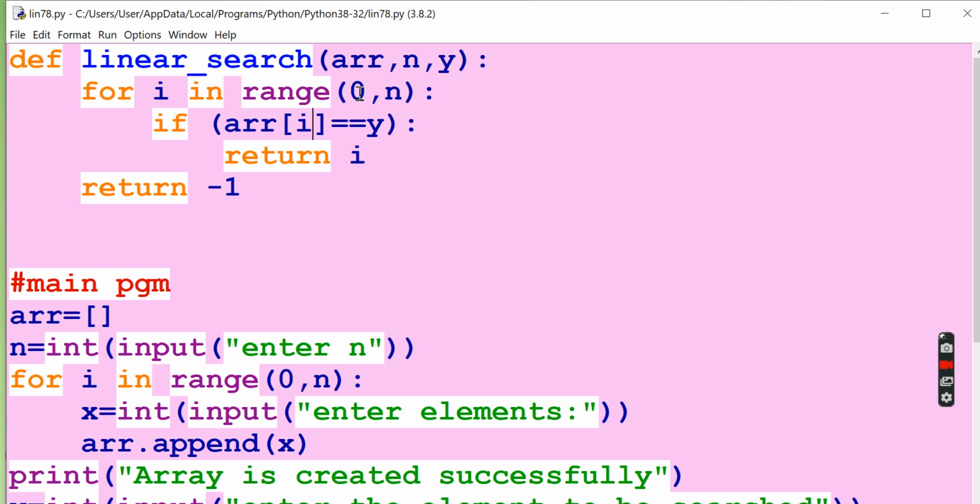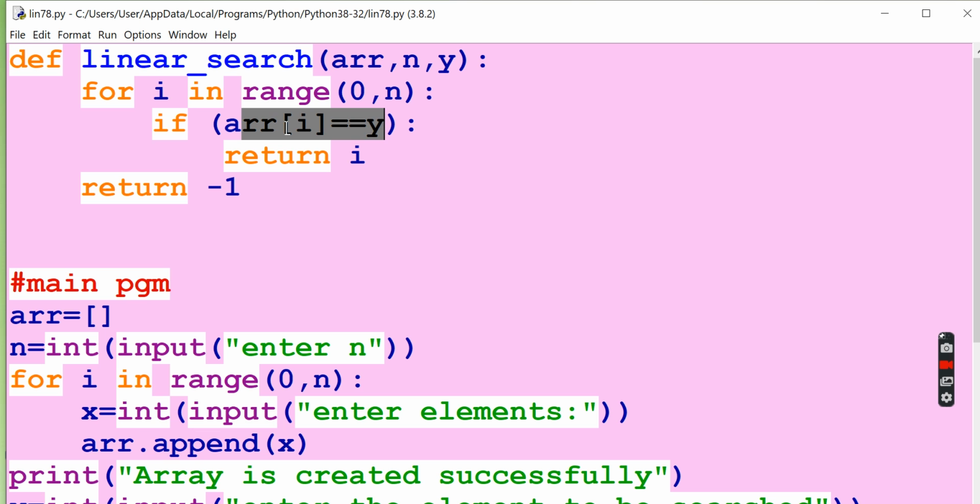If array of I, meaning index is 0, array of 0th number is equivalent to y, the element which we need to search for. That particular array of 0 means the 0th element, the first element, is equivalent to this y, then it should return I, else it will check the conditions up to the given number.